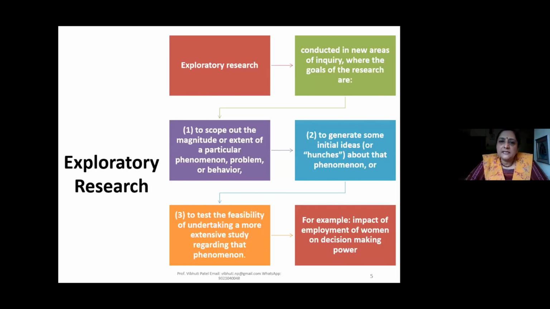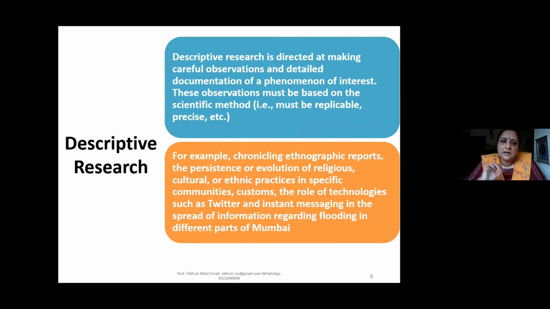And that's why ICSSR, the Indian Council of Social Science Research, asked all the universities and research institutions in India to focus on women and work, and what kind of contribution women are making in different sectors of the economy. Now, another very important way of doing research is descriptive research. Explanatory power has to be very important, and you observe and you describe. So that is also needed wherever you go to the field.